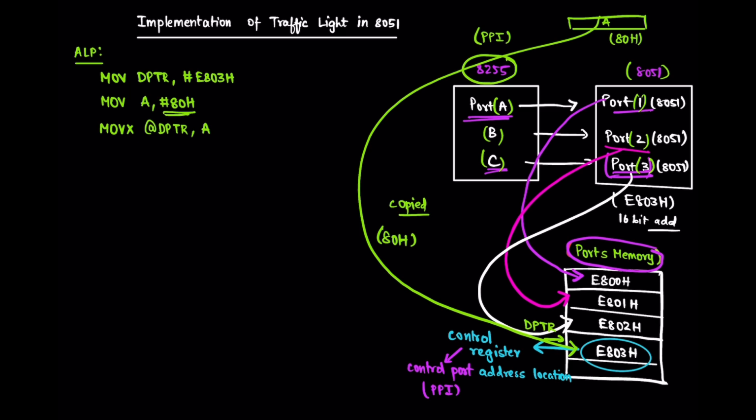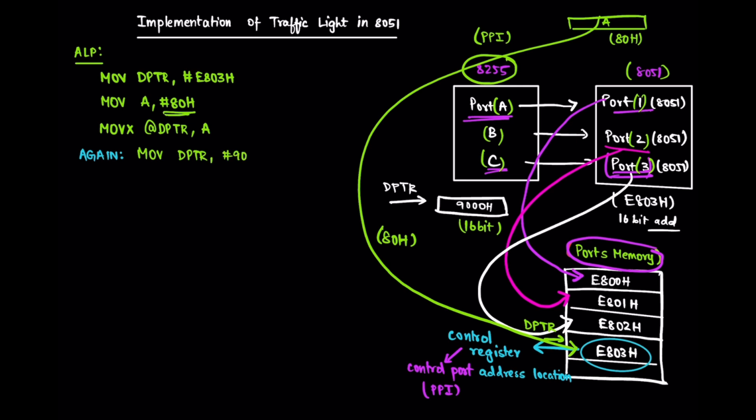Now I want this traffic light to keep going in a loop. It is going to occur again and again in a loop. So I'm going to give a loop called AGAIN. And now I'm going to move this DPTR to some other memory location stored in 8051. So let's say I'm moving it to 9000H. This is a 16-bit address. So I have to write MOV DPTR,